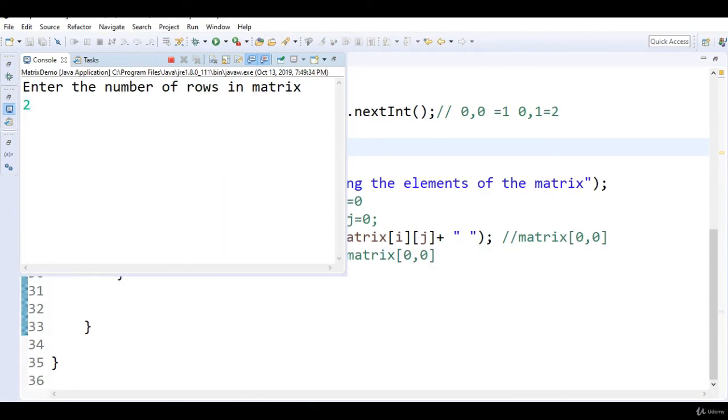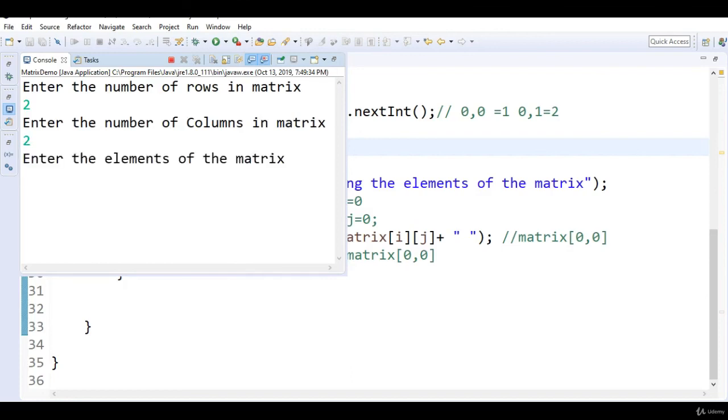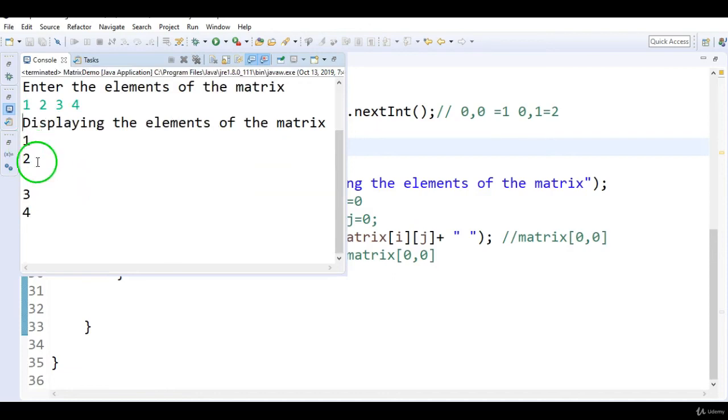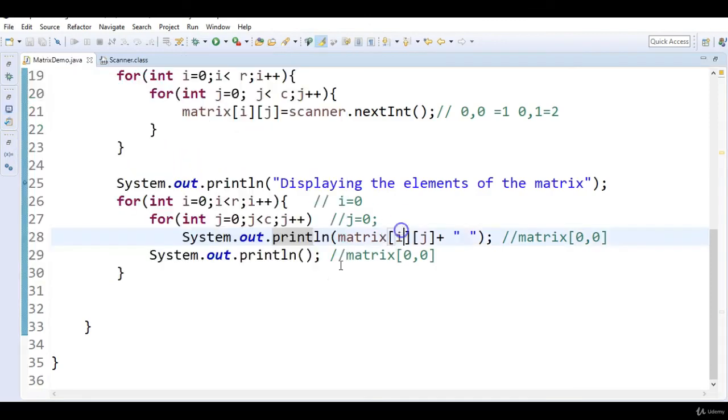The number of rows is 2, the number of columns is 2 again, and now I'm entering the values 1, 2, 3, 4. After 1 and 2 there is a space, and 3, 4 should come here. But every time we print a value, it is printing in a new line. So the culprit here is this ln statement.